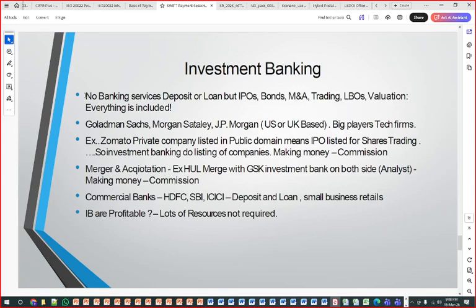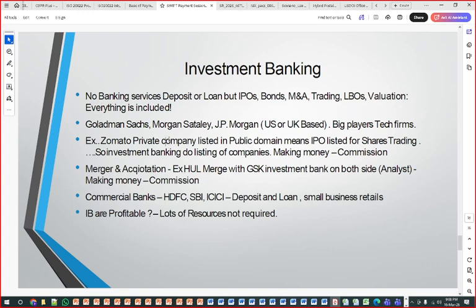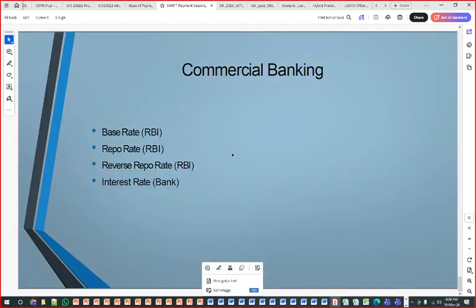There are some flavors of investment banking also that I am taking with you, because many CVs require investment banking as well, some requirements with payment. So I am going to discuss many concepts of investment banking also, like merger, demerger, IPO, shareholders, and many things. I'm also going to discuss commercial banking and the reverse repo rate.